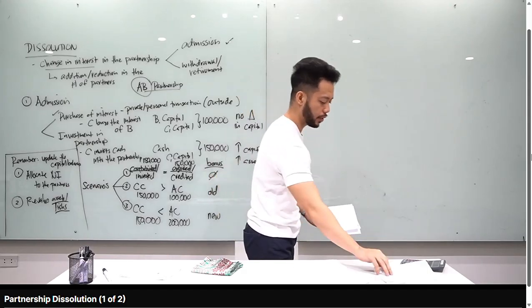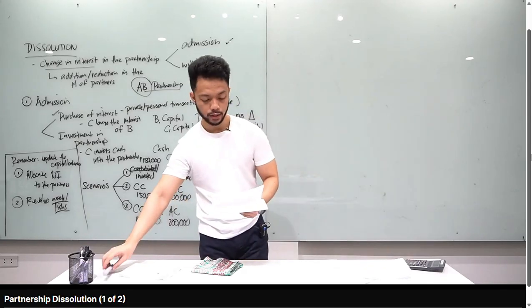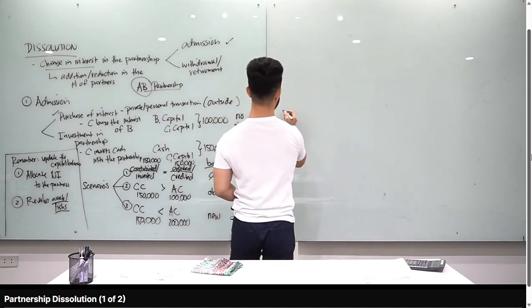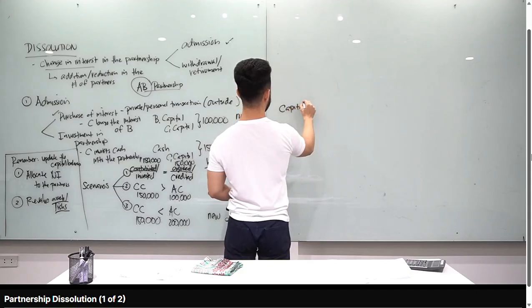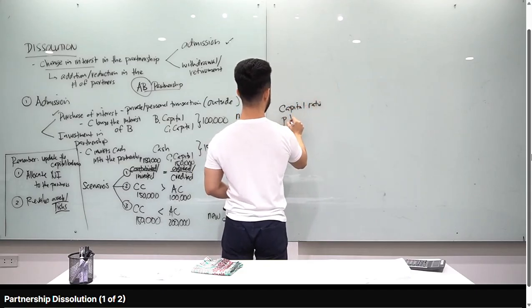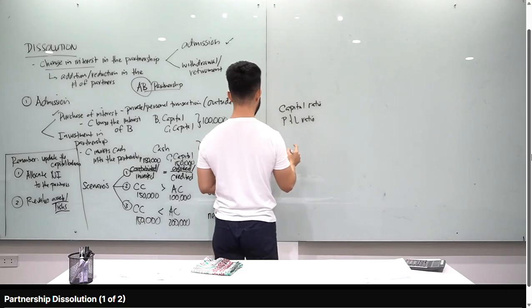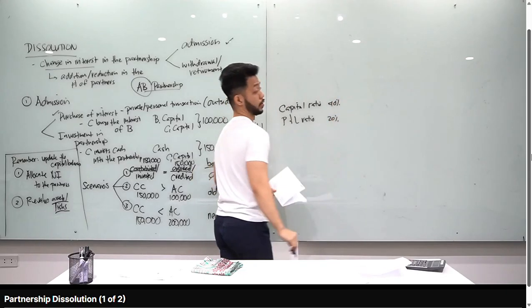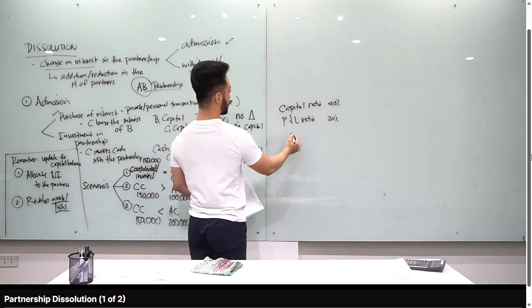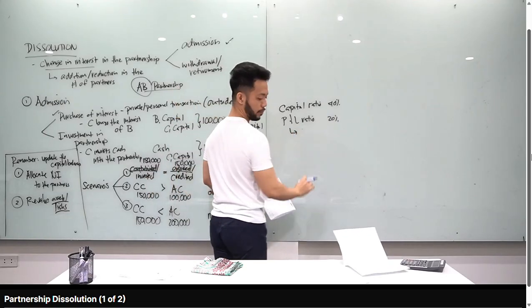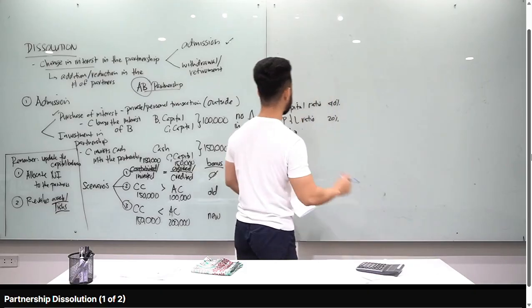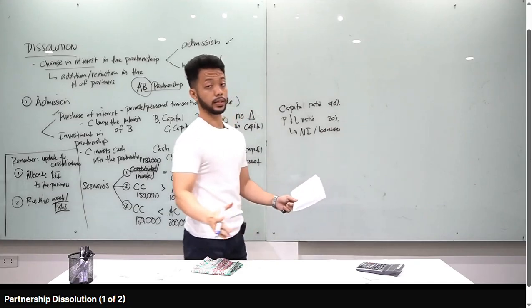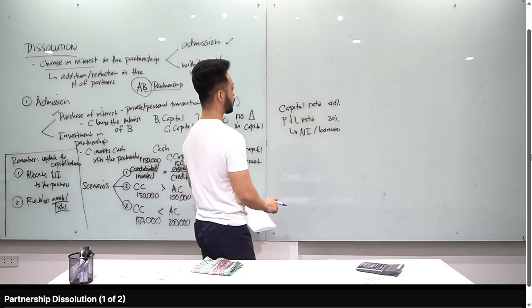I just want to clarify the difference between 40% interest and 20% in P&L. They're different, class. We have what we call the capital ratio and the P&L ratio. In this problem, C will have a 40% capital ratio and a 20% P&L ratio. They're different. Sir, why? The P&L ratio, class, is what you use when you allocate. Whenever you allocate net income or net loss, whenever you allocate bonuses, etc., you always use the P&L ratio there.